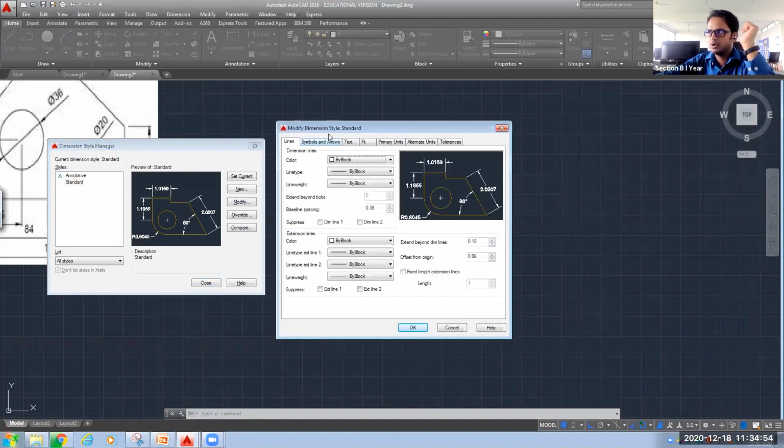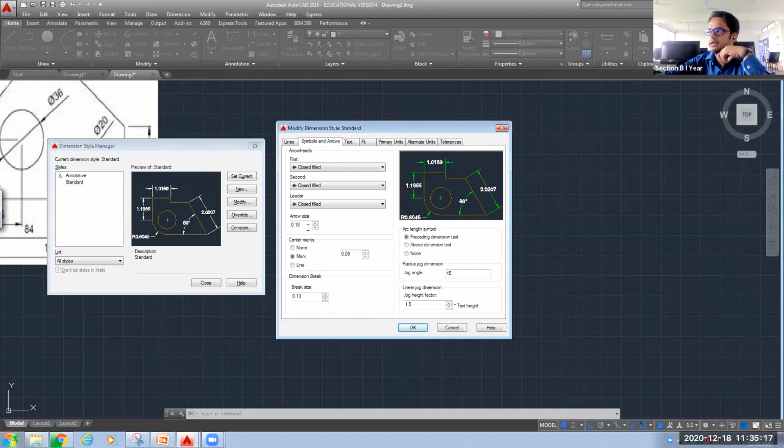Once you click on modify, another window will open. Now here, if you remember in the last class, we changed the color to green. Line type by block, line weight, that is fine. The extension line also I want to make green. You can see the changes reflecting on your preview screen.